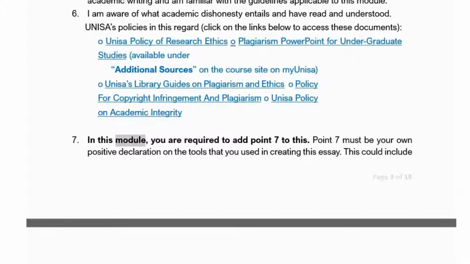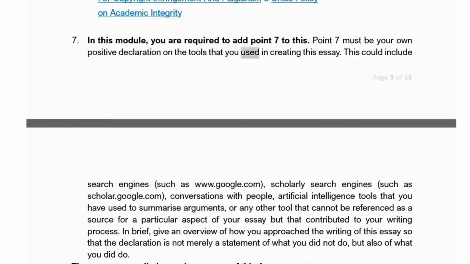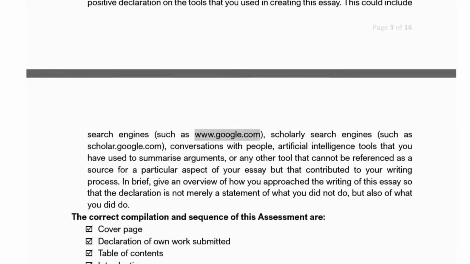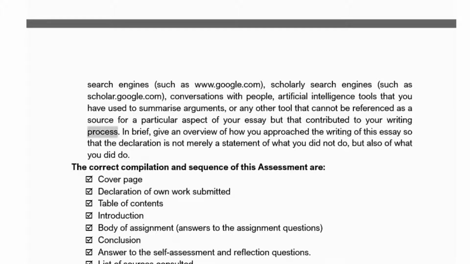In this module, you're required to add Point 7 to this. Point 7 must be your own positive declaration on the tools that you used in creating this essay. This could include search engines, such as www.google.com, scholarly search engines, such as Google Scholar, conversations with people, artificial intelligence tools that you have used to summarize arguments, or any other tool that cannot be referenced as a source for a particular aspect of your essay, but that contributed to your writing process.